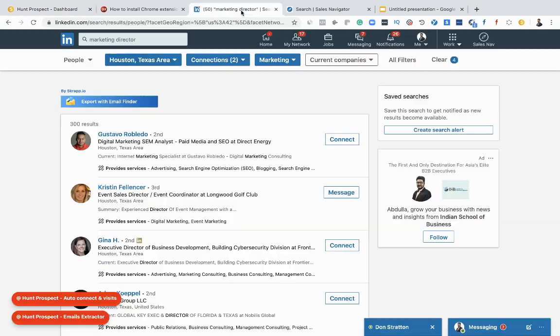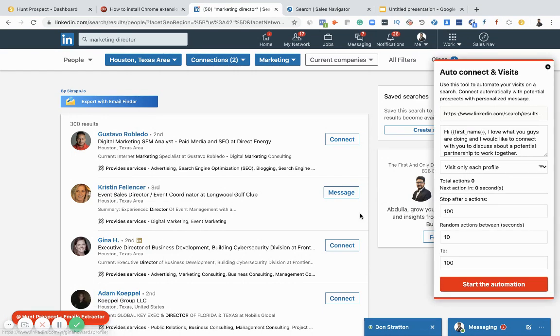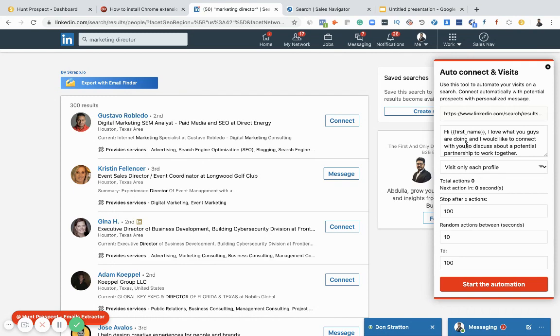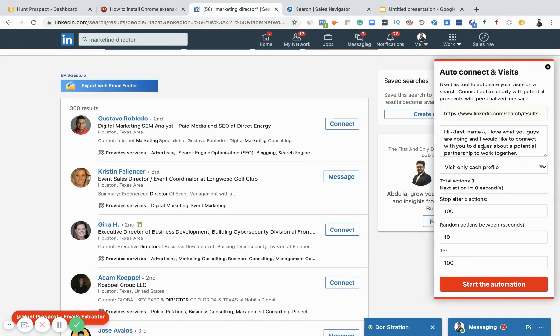Now let me just show you the same variation. I still have the same searches, the filtration kept, right? Now you see this Hunt Prospect, auto connect and visit. Obviously, the tag is the first name, which is automatically given by the Hunt Prospect tool. Then I have written what should be the connection message. So you can take this as a template, or you can edit the template